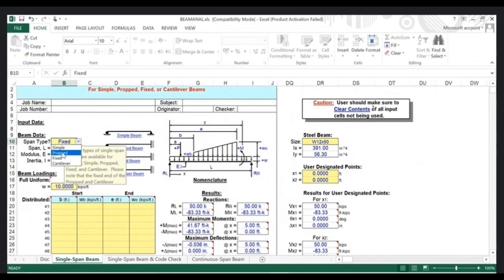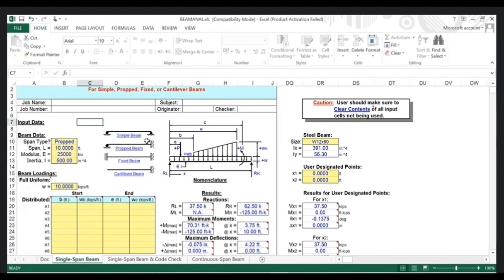So we already know the property of the prop cantilever, where one end of the beam is fixed and the other end of the beam is a roller or hinge. So on the other end, the deflection of the beam will be 0 on the roller support, and on the fixed support the negative moment will come. So we can check with our example.